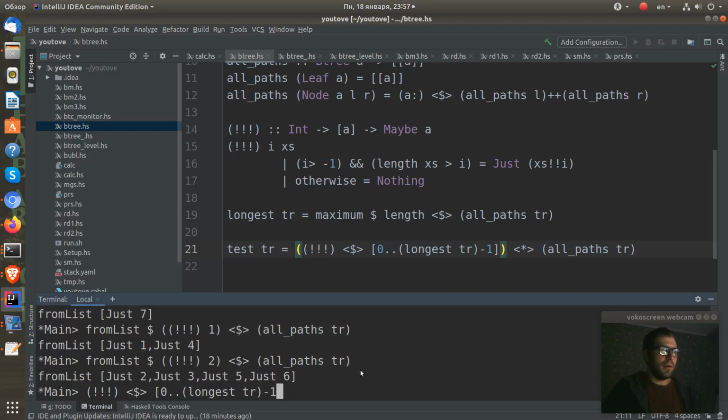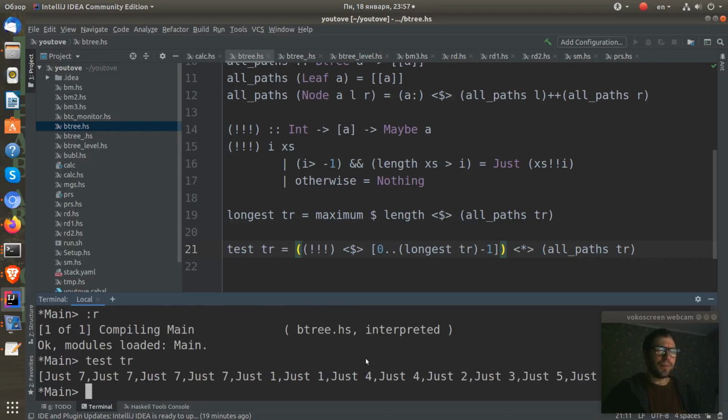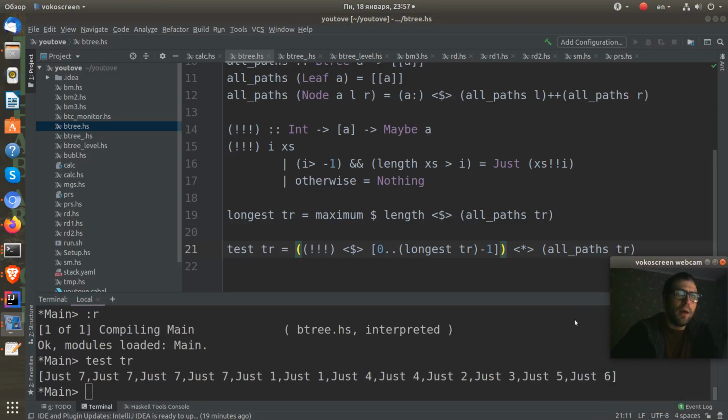And let's try to reload our module, and tester. What can we see here? Here we can see that I take exactly all the levels one by one in the list. Okay, and what I need to do next,